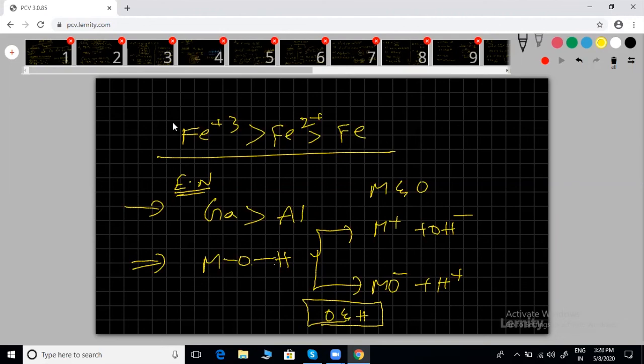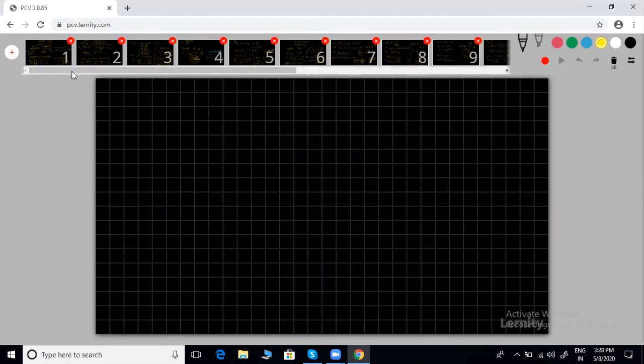Hope you can find this point. You can refer to my previous notes also, if you have my class notes. And acidic character, you already know which is the strongest or weak acid. Down the group, suppose the more the oxygen atoms, the more the acidic character. Is it correct?